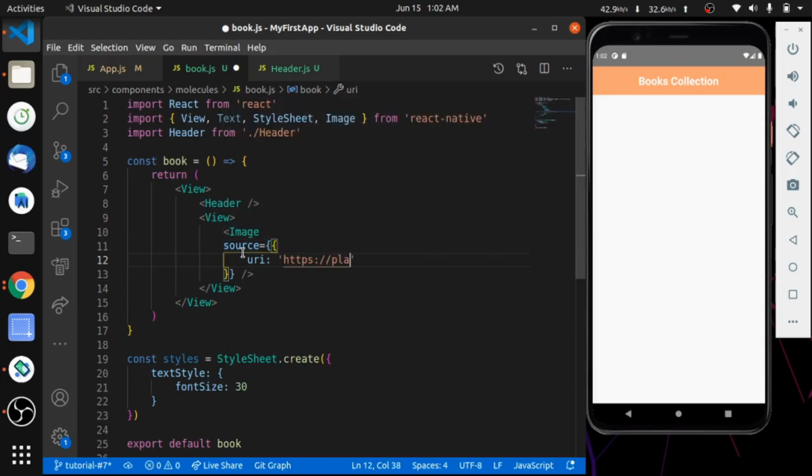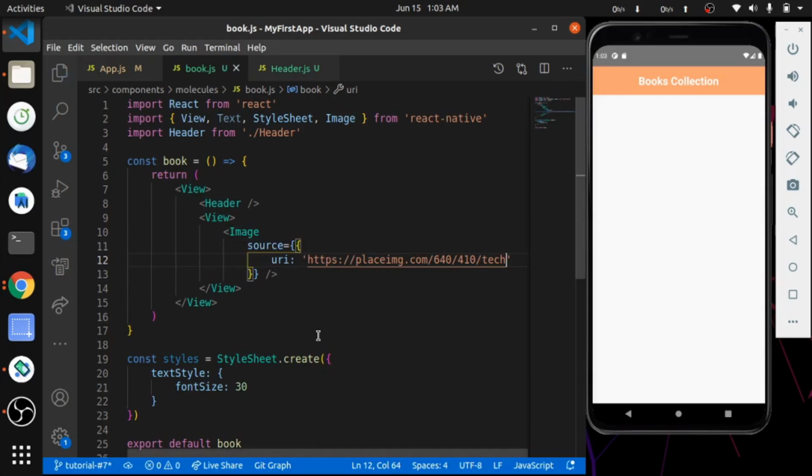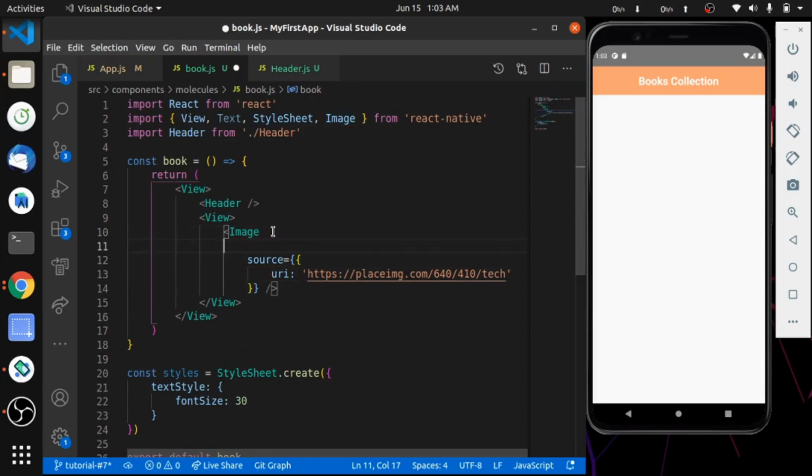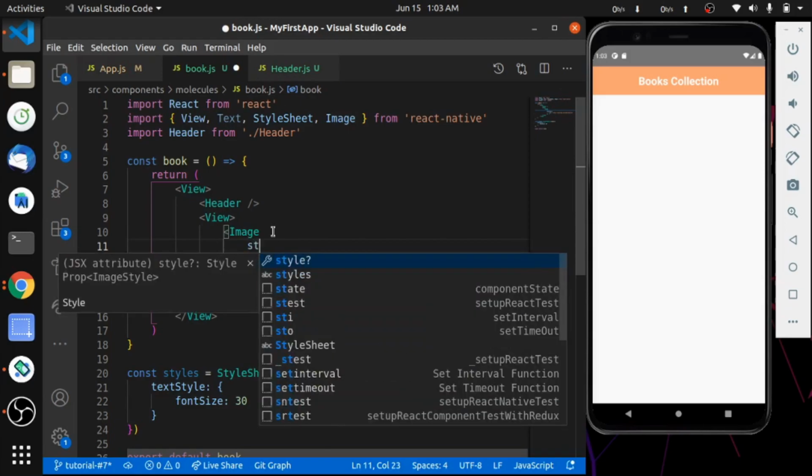I'm giving it a random URL. You can give anything you want to show here. It is not visible here. Why? Because we did not give any height or width to the image. Let's add some style to it.